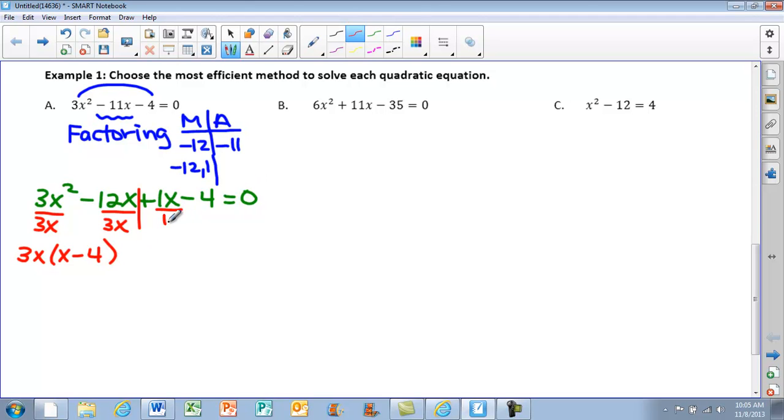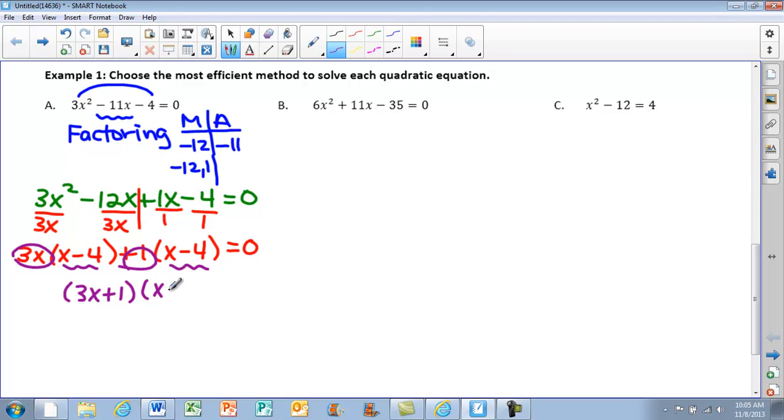For my last two terms, all I can pull out is a positive 1. So in my parentheses, I'm left with x minus 4. And now we know that we factored correctly because our two parentheses match up. So if I were to just have to factor this, I would have 3x plus 1, remember my terms on the outside, and then x minus 4 equals 0. Remember though, what we want to do is actually solve, so then I have to set up my two equations: 3x plus 1 equals 0, x minus 4 equals 0,